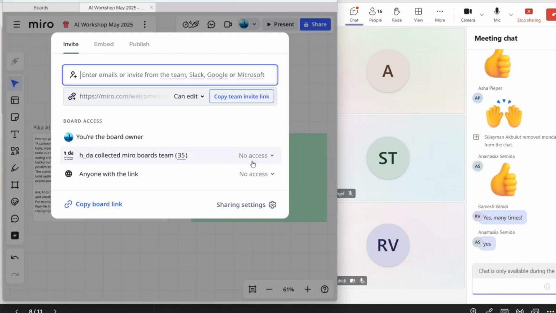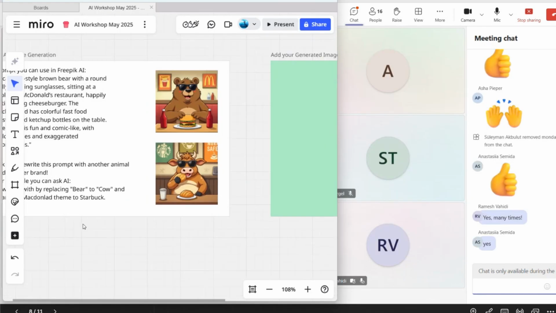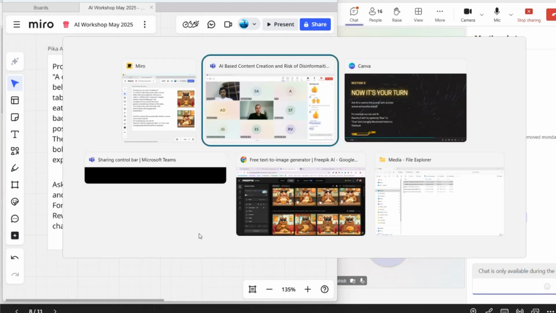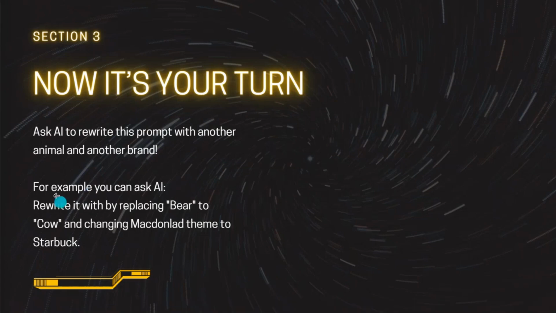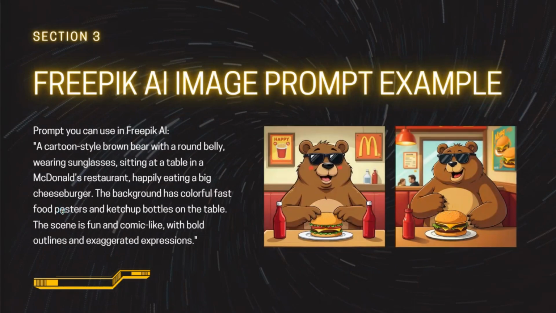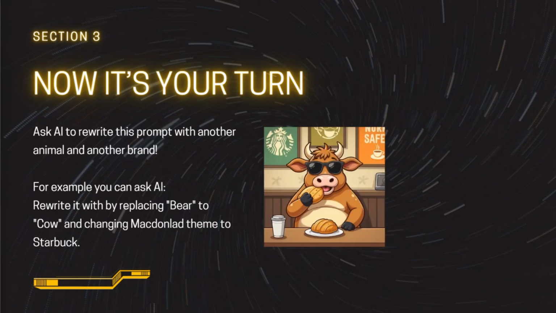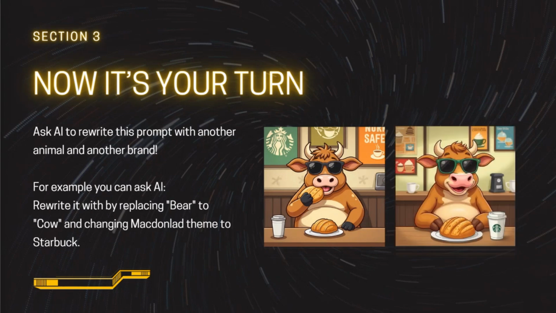So sadly, it doesn't work like that. But the thing is, you can just simply use this prompt and the previous prompt. You can ask AI to replace the animal with your own animal. For example, here I have told it that you can use the cow instead of a bear and change the McDonald's theme to a Starbucks. So here are the results, and these are also generated by